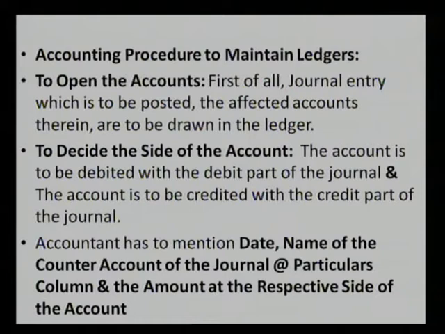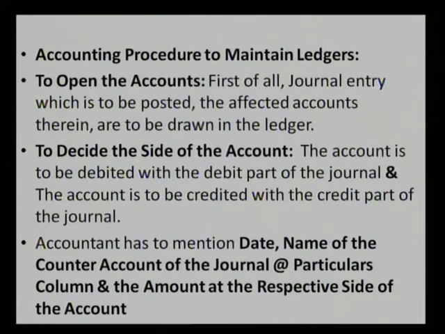Accounting procedure to maintain ledgers, again we have learned in part 1 of this topic. The accountant has to open the accounts. Second part, to decide the side of the account, the accountant has to decide whether he or she has to post the transaction either at the debit side of the account or at the credit side, because the general entry will decide the effect either at the debit side or of the credit side of the related or the right account. And finally, accountant has to mention first one the date, second one, that is very important,